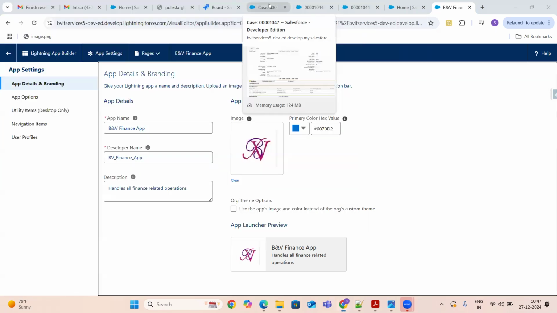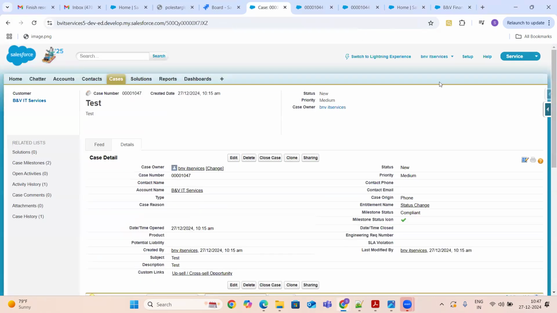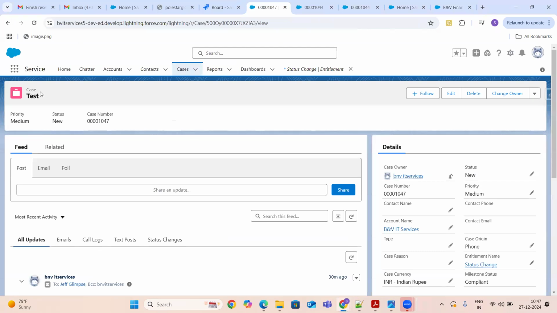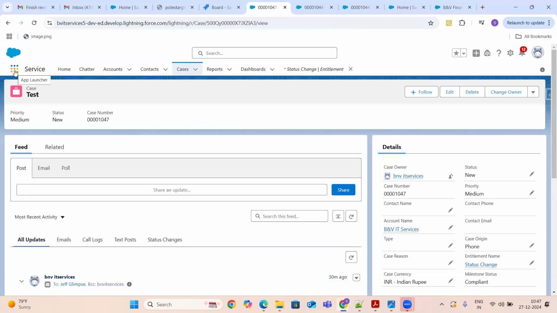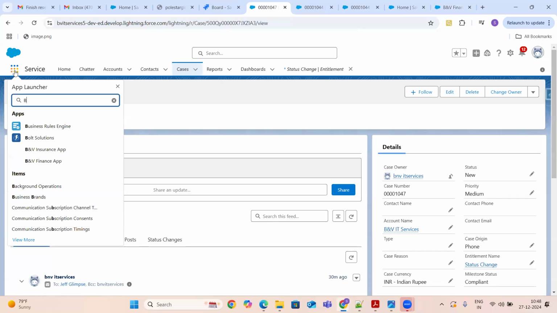So now how to access our applications. Obviously, we can access any of the applications from the app launcher, right? Now we will see whether we are in a position to access our applications or not. So from the app launcher, let me try to search for B and B. See, you are able to see my application also.